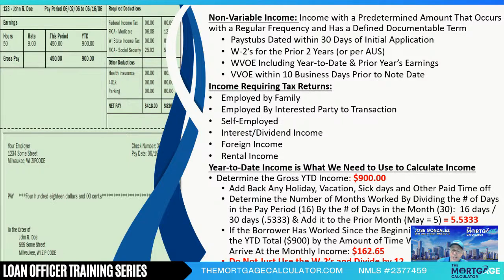That is the accurate depiction of what the borrower is earning right now at this point in time, right? So if they are not employed by family or by an interested party to the transaction, and they are a salaried or hourly employee, then you would not use the W-2s, you would use the year to date income. Now, you still do look at the W-2s for the continuity of the income, meaning, for example, if they made $60,000 in 2022,